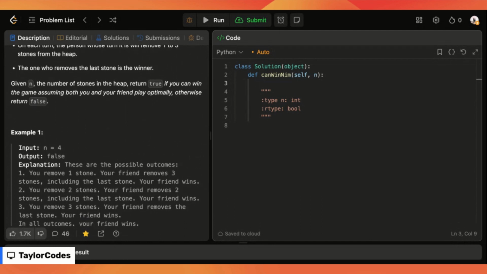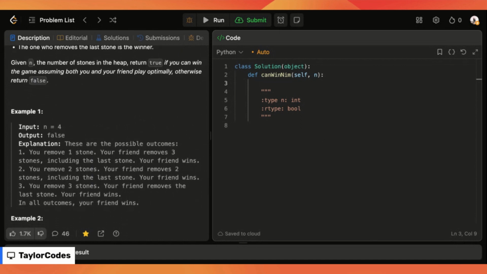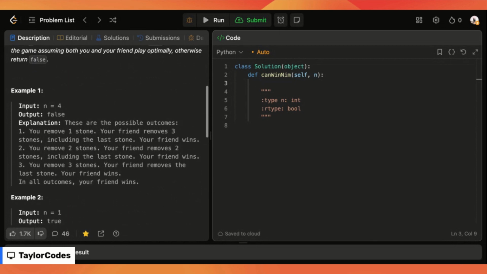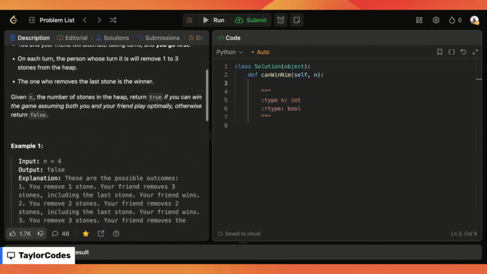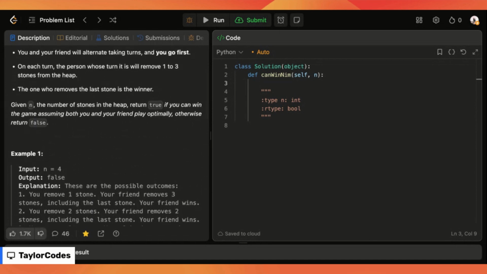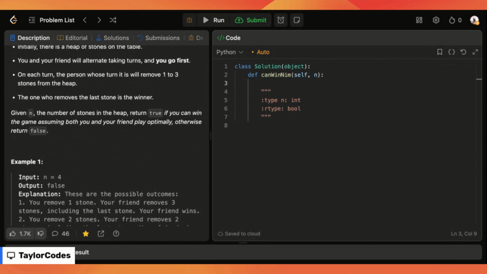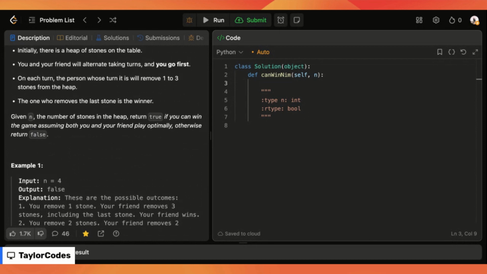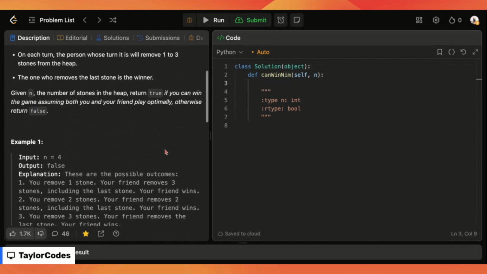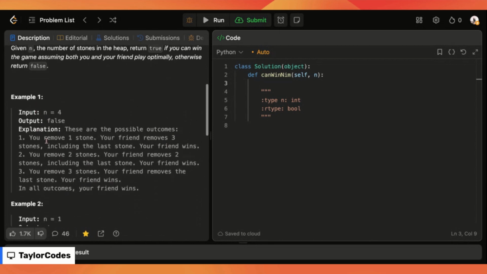So in this problem, it's important to understand that we can only remove 1 to 3. So if there are 4 stones, there's always going to be a way for our opponent to win because we are going first. So we can see in this scenario right here, example 1,